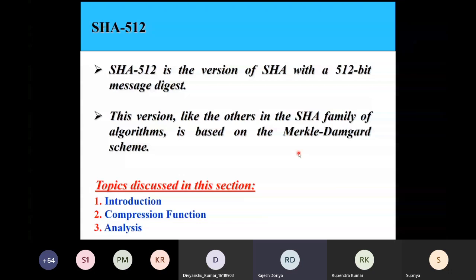Then we consider 4 registers, and those 4 registers go through a number of operations, and whatever data we have got, we convert that data into a number of words. Let's say if the data size is 512 bits, then the total number of words is going to be